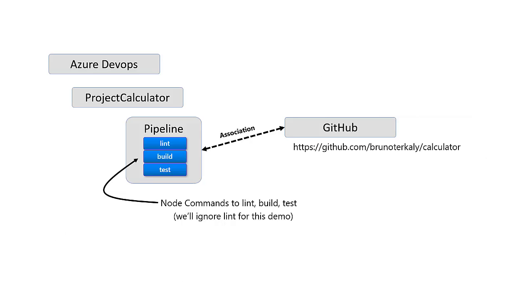So just to paint a clear picture, you can see here that our pipeline has some lint, build, or test commands in there. That's what we need to type in. In our case, it will be specific to our Node application. As we discussed, it'll be a bunch of npm commands, npm build, npm install, etc. We'll review that in a moment. The key thing here is that there's a relationship between our pipeline and our GitHub repo. There's this azure-pipelines.yaml file, for one thing, as a common ground. And in addition, there's a webhook that connects the two worlds so that when a developer checks in or commits code, the pipeline knows that it needs to execute to download the assets from GitHub and then perform all the commands in